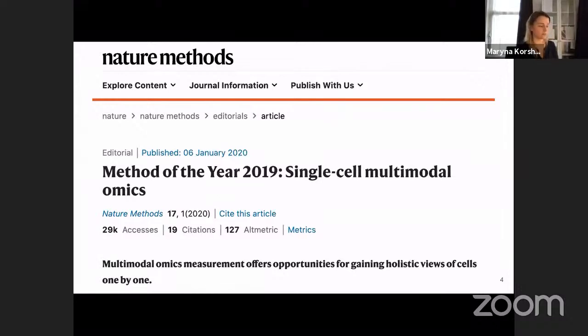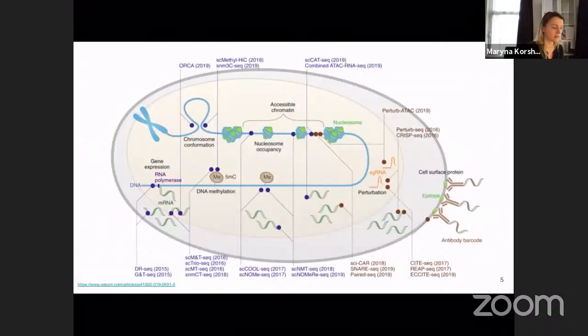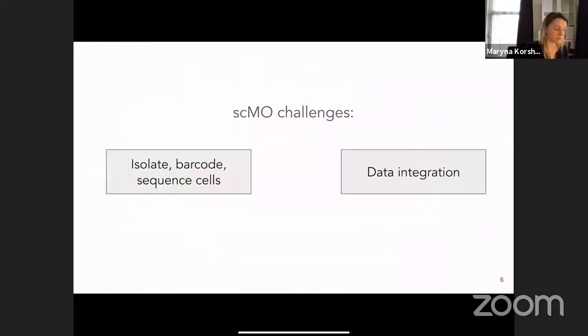Because as you might know, processes in the cell are very complex and diverse, and by studying different modalities and changes on these molecular layers, you are able to get more comprehensive results and insights from your data. That is why multiple different single cell multi-omics approaches were developed. However, there are still a few main challenges of single cell